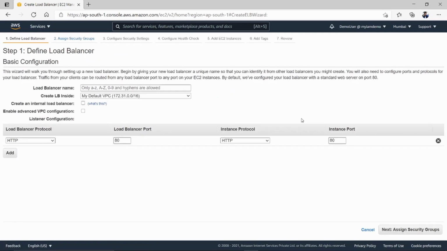For this, I have already created two instances. If you guys don't know how to create an instance, we already have a video on our channel on EC2 instances. Please go through that video. Under the name of the load balancer, I'm going to give my load balancer name as